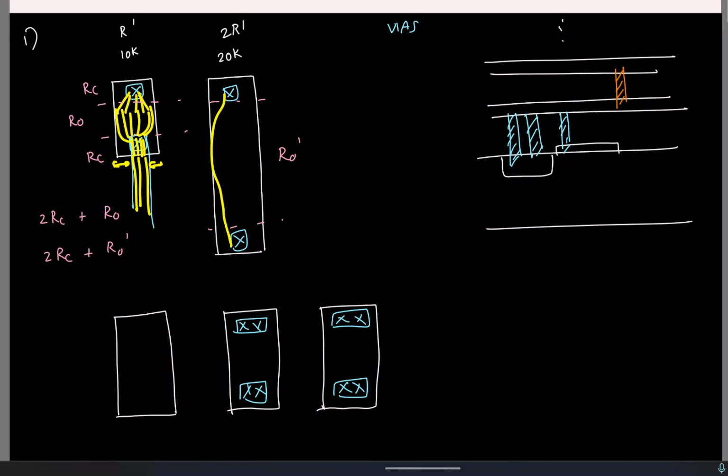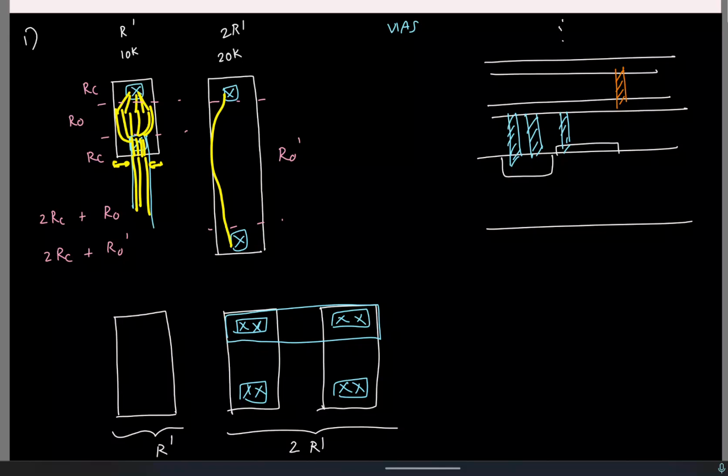Plus it helps with reliability, because if you put a single via, there could be some defect in it, it might not make contact eventually. So now you do this and connect these two in series like this, right? So now this is guaranteed to have twice the resistance as this guy. If this is some R prime,